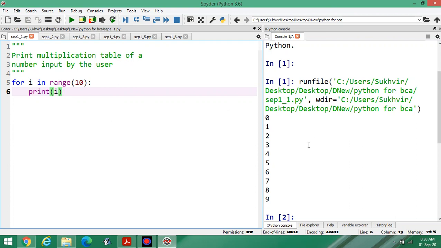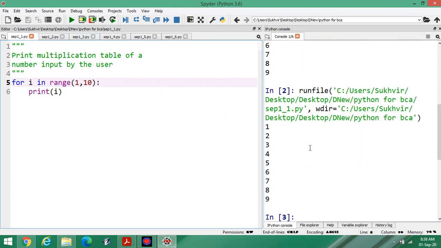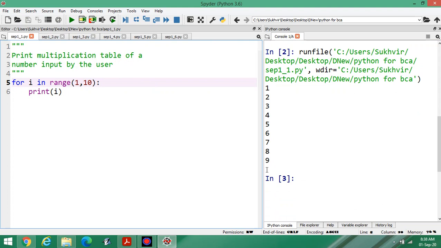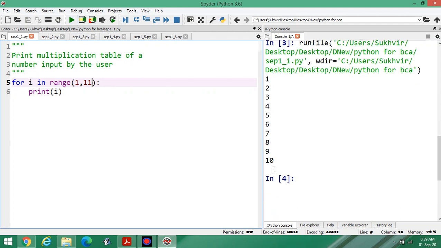It prints the numbers from 0 to 9. If I write range 1 to 10, then it prints the numbers from 1 to 9. If I write 1 to 11, it prints the numbers from 1 to 10.